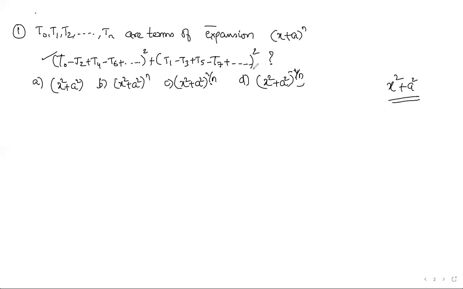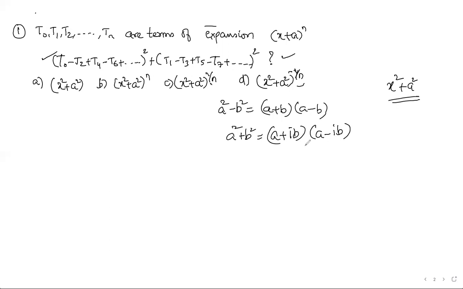So even if you don't have any clue while looking at the question, once you look at the options, you should be able to understand that we need to somehow derive this expression using x^2 + a^2. Now all of us know that the a^2 - b^2 formula is (a + b)(a - b). But there's also a formula for a^2 + b^2, using imaginary numbers: (a + ib)(a - ib). So for us to get the answer in the form of x^2 + a^2, it should be in the form of (x + ai)(x - ai).